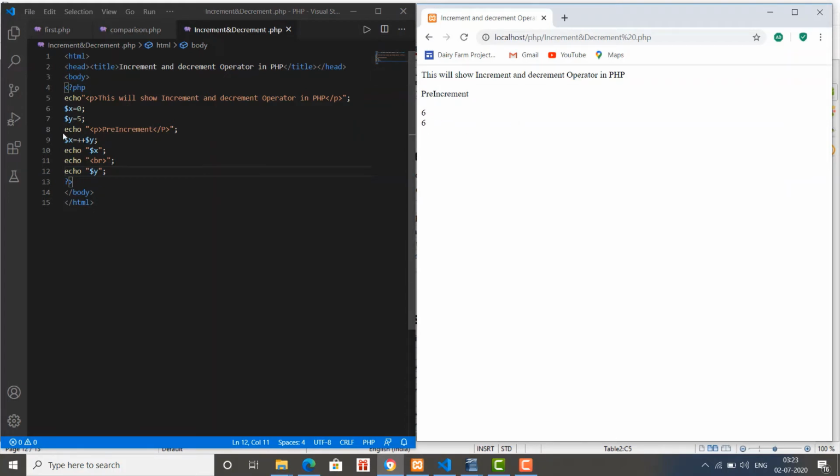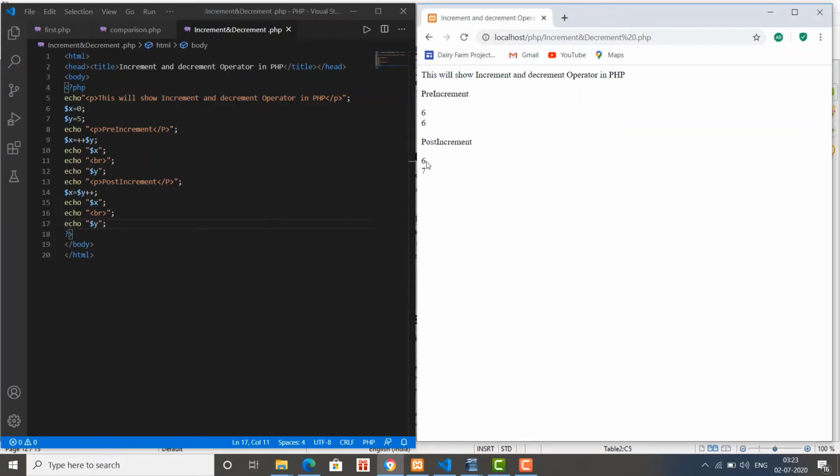Okay, so here we are going with the same code. I'm copying all this code using Control C, and I'm going to paste it here, and this time I'm using the post-increment. In order to do that, I just have to change this over here, and this is called our post-increment notation. Save the changes and see the difference.